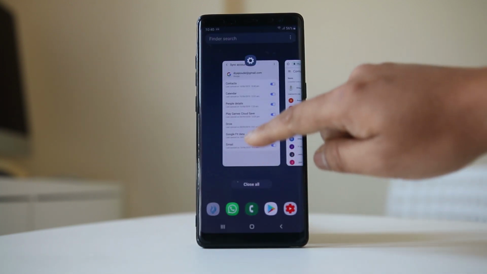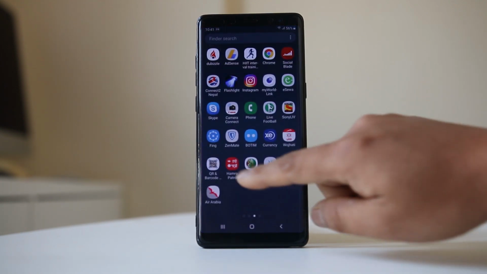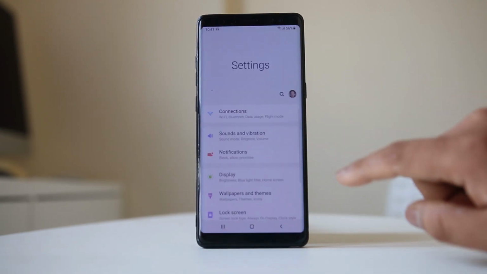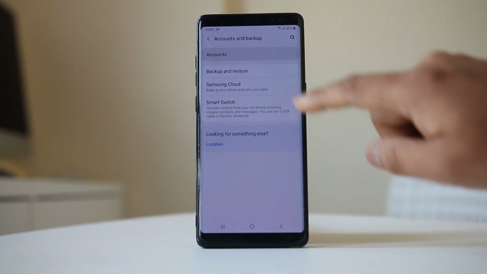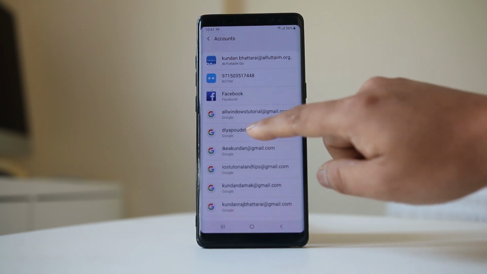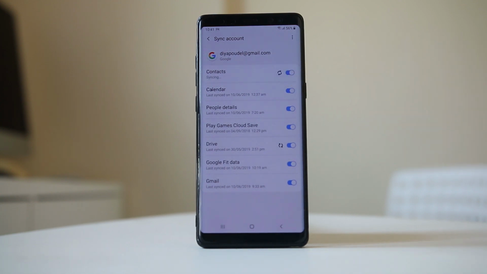So once the contacts are saved, and if you want to restore these contacts to a new device or to the same device after you format it, then the most important thing is you need to use the same Gmail account in this device. So once you use the same Gmail account in this device or a new device, then again you will go to settings, then you will go to accounts and backup, you will go to accounts, you will go to that Gmail account, you will go to sync account and make sure that the contact button is enabled.